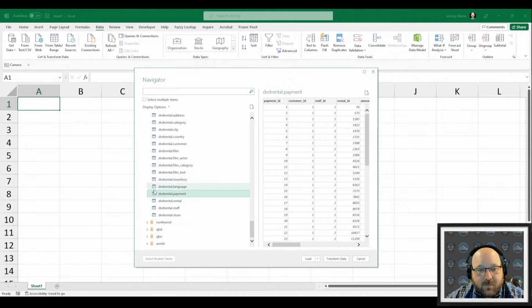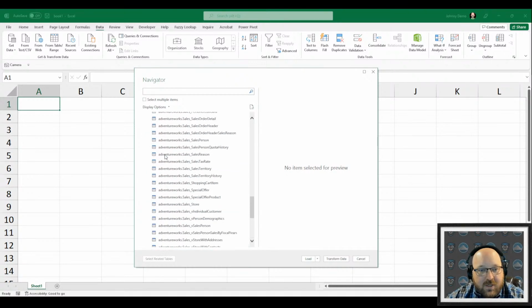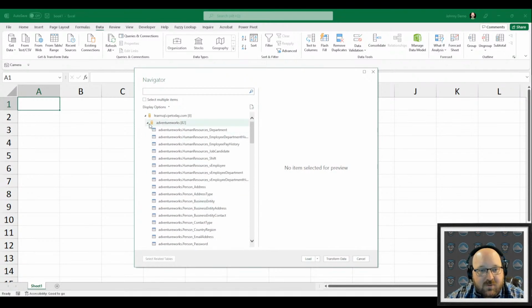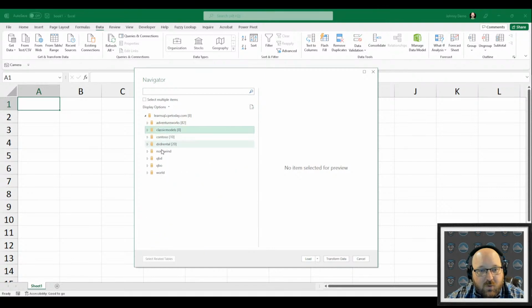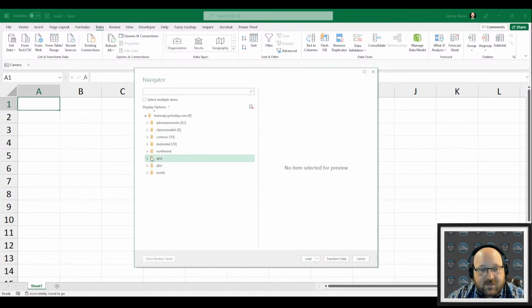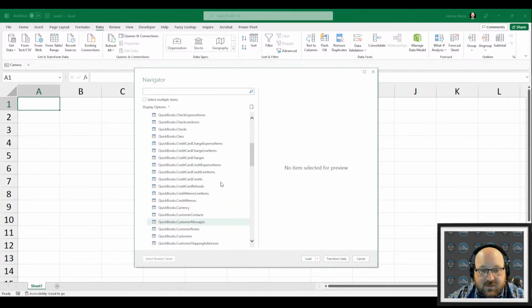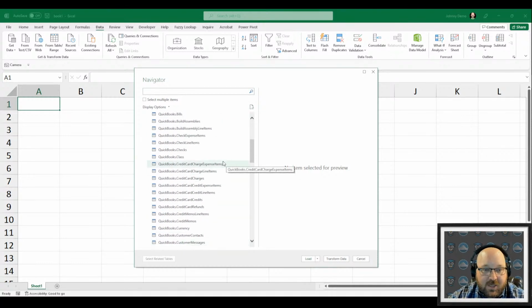And scrolling down here, probably the two that I think are going to be the most helpful for folks are the QuickBooks database, QuickBooks Desktop, as well as QuickBooks Online. So QBD, QuickBooks Desktop, QBO, QuickBooks Online. And these are identical replicas of what you could expect to see if you were to interact with a direct